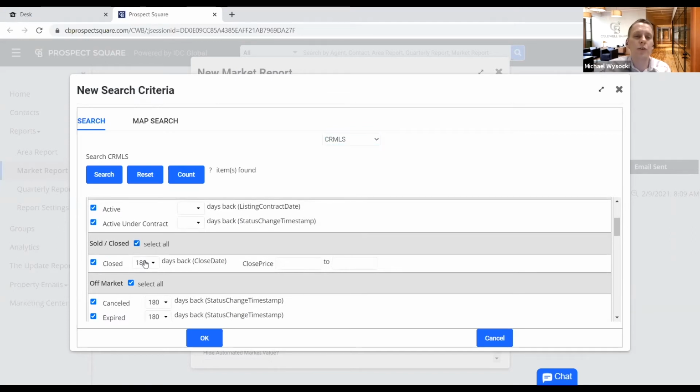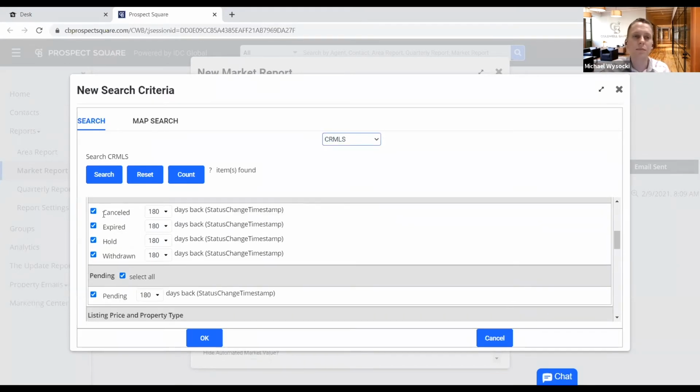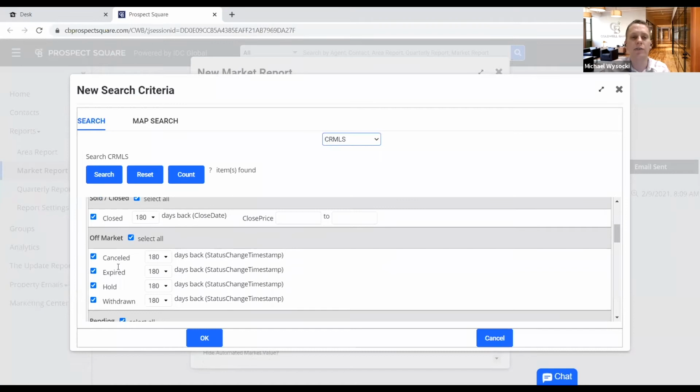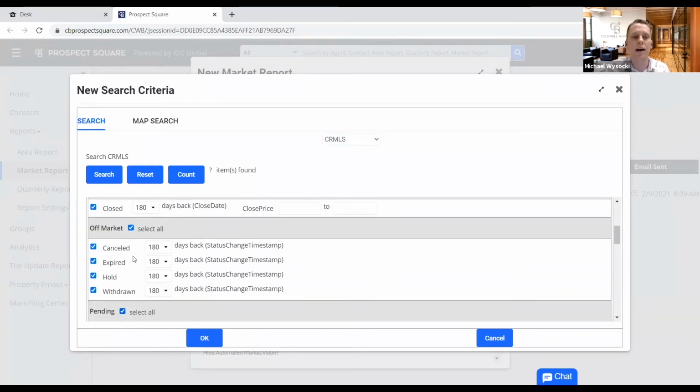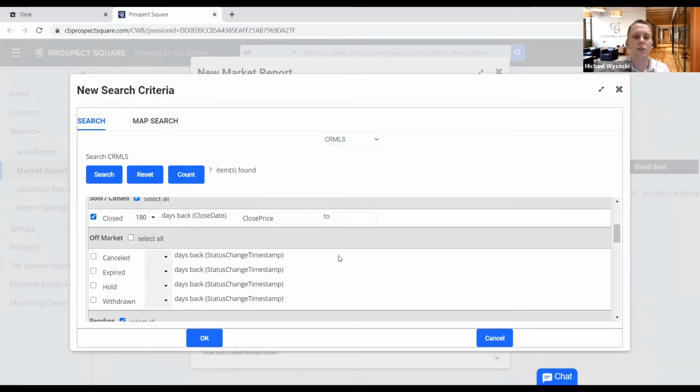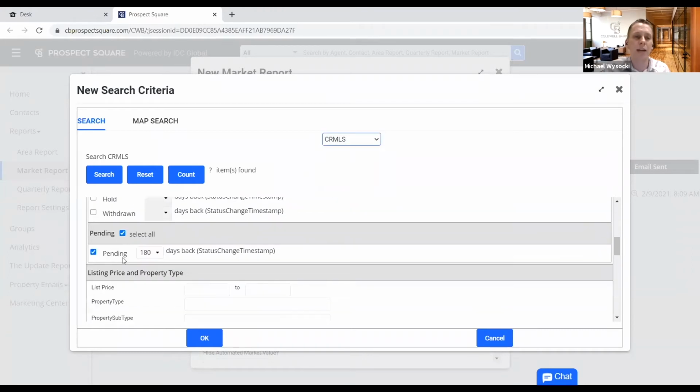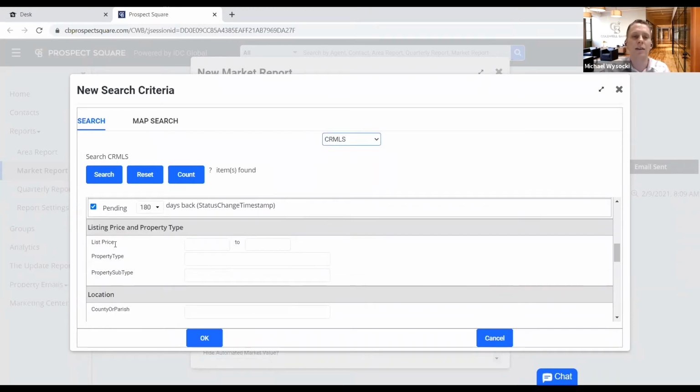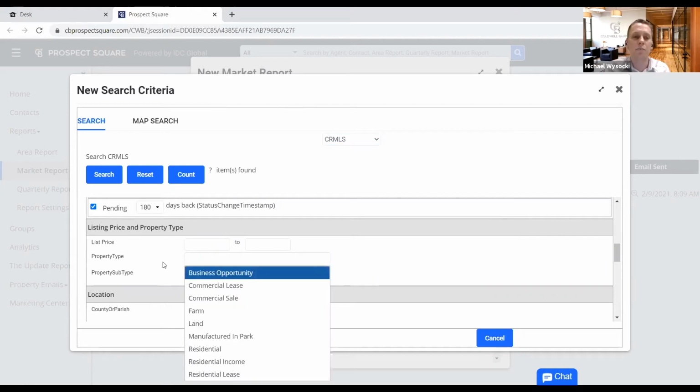Sold, closed. You can pick how many days back you want to go. You can even pick certain closed prices. So if you only wanted to show stuff in the 500,000s, you could say between 500,000 and 599. Same thing, you could show off markets, canceled, expires, hold, withdrawns. I may not want to include that, so I'll uncheck that. Pendings, how far back, and then, like I said, you can filter by list price, property types,